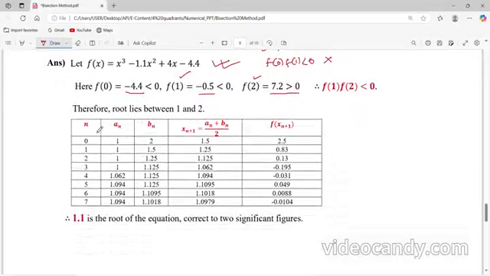So n is the number of iterations, an means the first value of the interval, and bn means the last value of the interval. Since it is 1 to 2, we start from 1 and end at 2. For the interval 1 to 2, the value is 1 plus 2 divided by 2, which is 1.5. And f of x n plus 1, you put 1.5 in the given function and you get 2.5. Since it is a positive value,